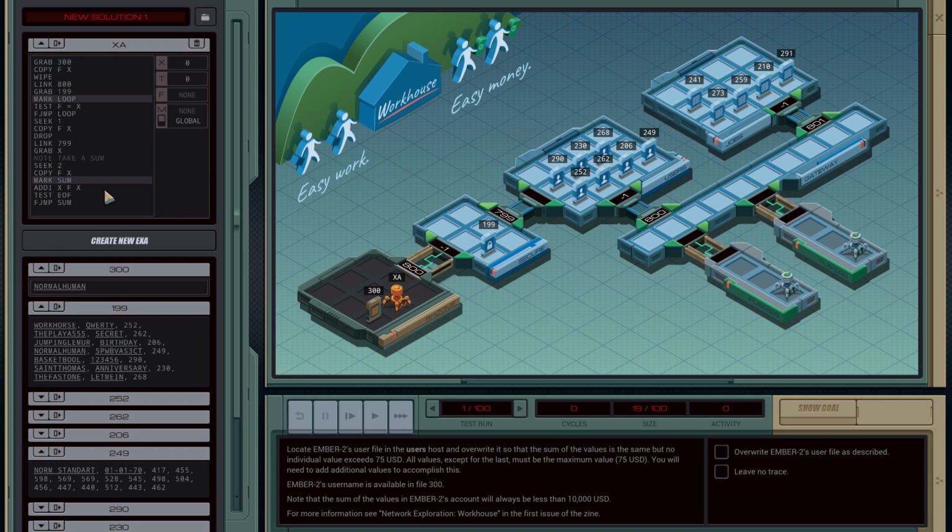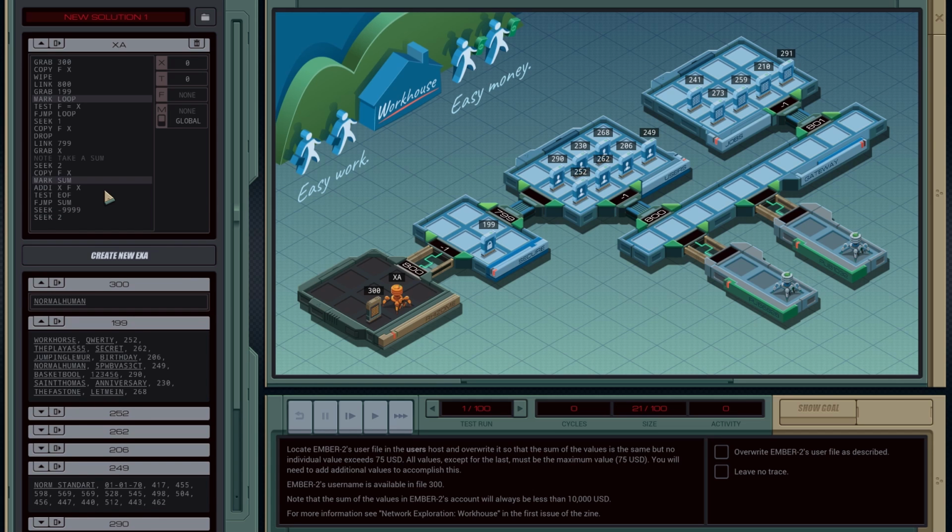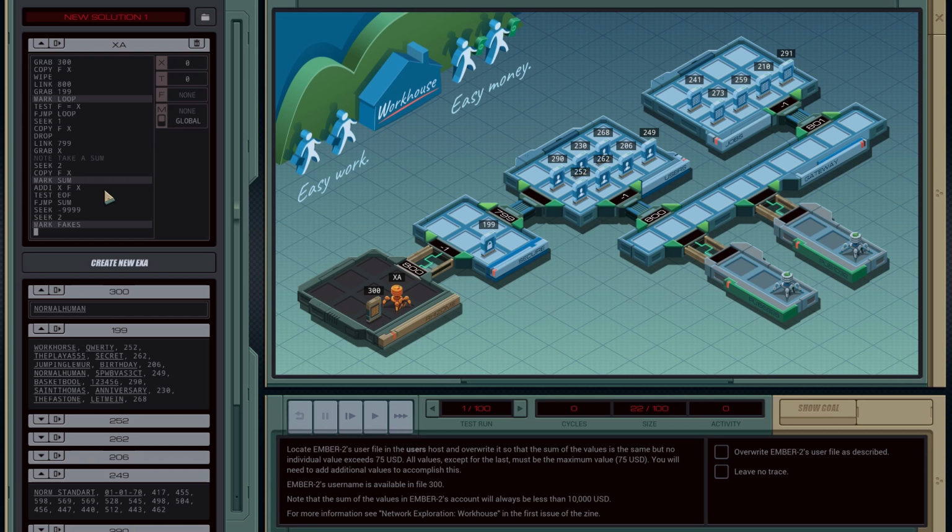You will need to add additional values. And yeah, we know for certain that we're going to be adding more 75 entries, so we don't need to worry about whether there are going to be some things that we need to clear out. Okay, so we've figured out the sum. Now all we have to do is overwrite the data with 75s until we have less than 75 in X remaining. So we'll seek to -9999. We'll seek forward by 2, and then we'll say mark fakes, and we'll say copy 75 into